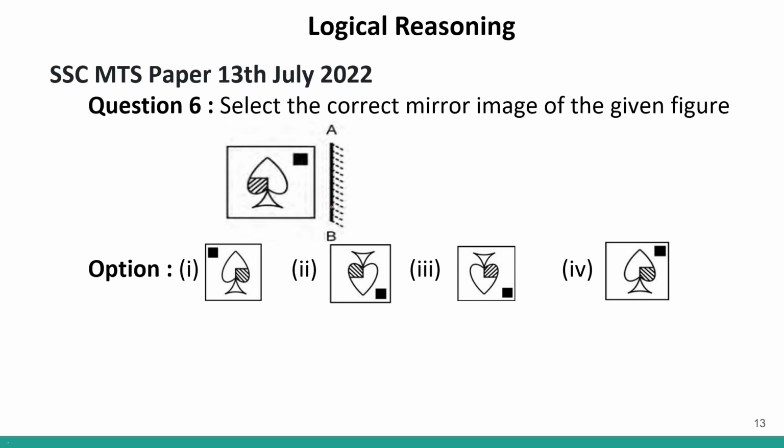This is a question of water and mirror images. So a mirror is placed over here and we have to find what would be the mirror image of this particular image. So this particular image, if I have to draw the mirror image, I'll get a square like this. This square will be reflected over here. Mirror image inversed. So two things you have to take care of. First is the placement of mirror. And second is the inversion of image.